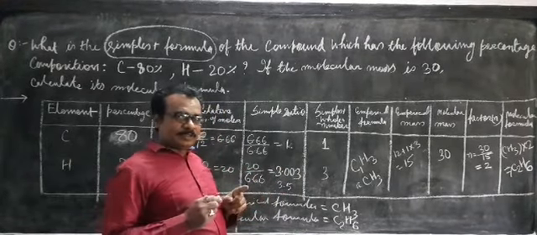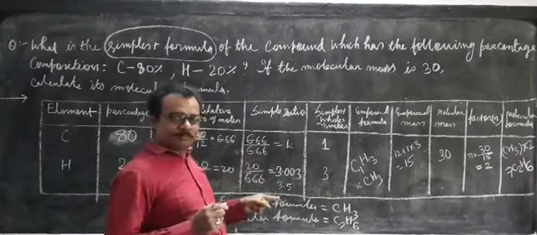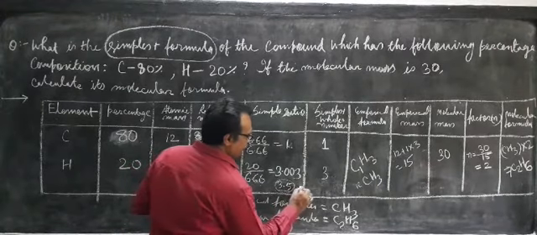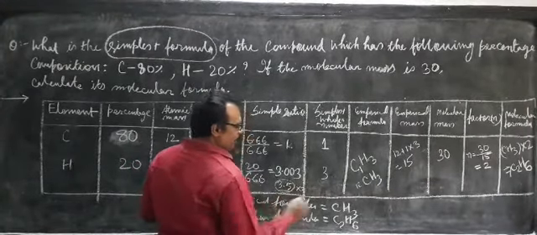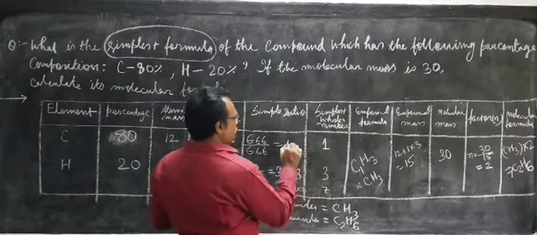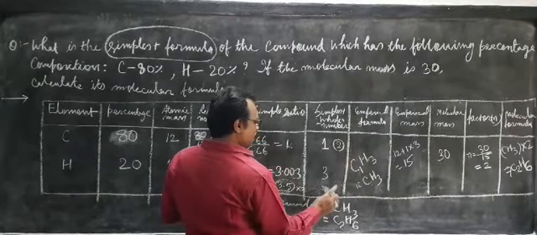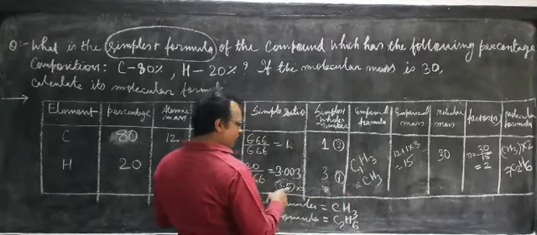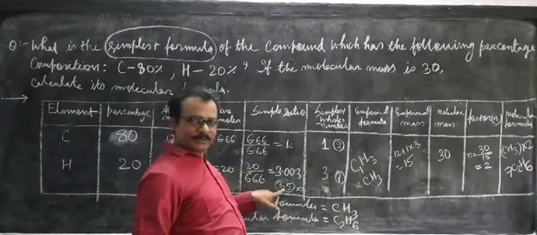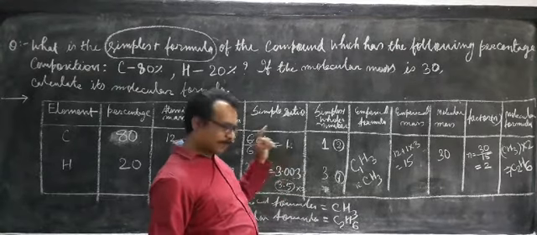In that case, you will multiply all the numbers, both elements, by a certain number. So if we multiply 3.5 by 2, how much will you get? 7. Since this one is multiplied by 2, this one should also be multiplied by 2 only. So it will be 2 and it will be 7. 3.5 gets converted into 7 because 2 is multiplied to avoid this fraction.